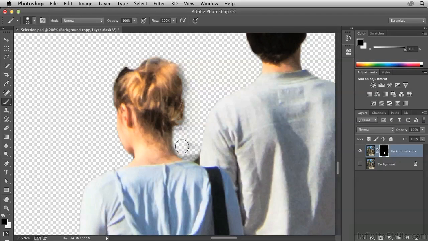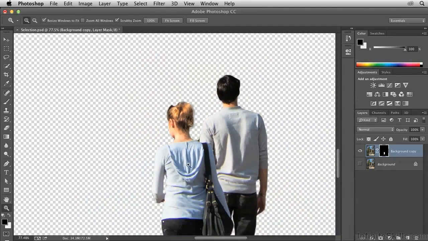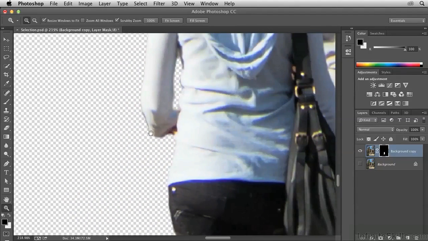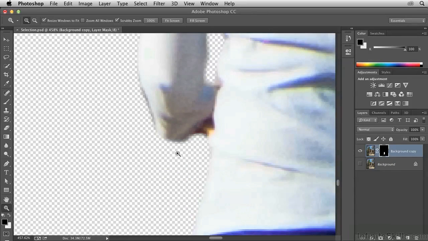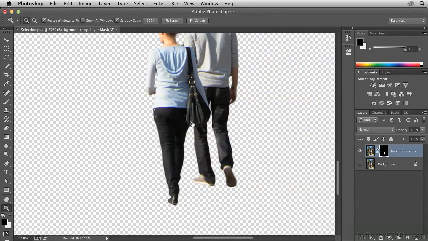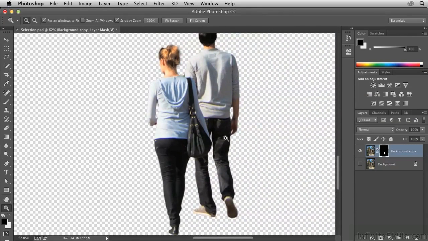Also down here, I'll paint over this area. I think that's just about everything. Actually, there's a little bit of pixels here I notice. Could be removed, perhaps. I'll press B for brush and just remove a little of that. And everything else looks good. So I'm going to zoom out,